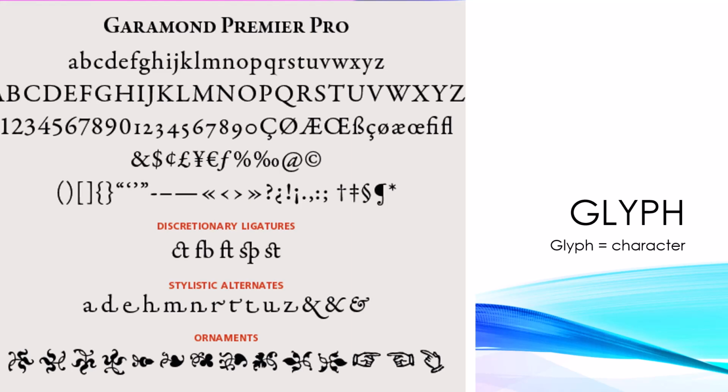Glyphs are not just the upper and lowercase letters. There are glyphs for punctuation, so you've got exclamation points and question marks. And of course numbers. Then there are specialty characters like copyrights and the trademark symbol, or math functions or scientific functions. And some of them are just plain decorations. Most fonts average